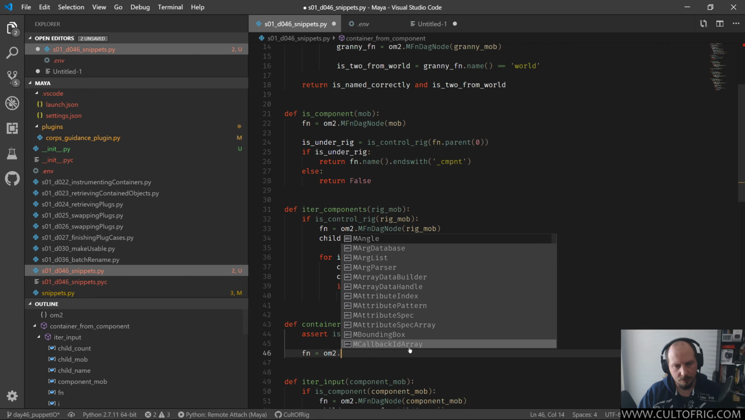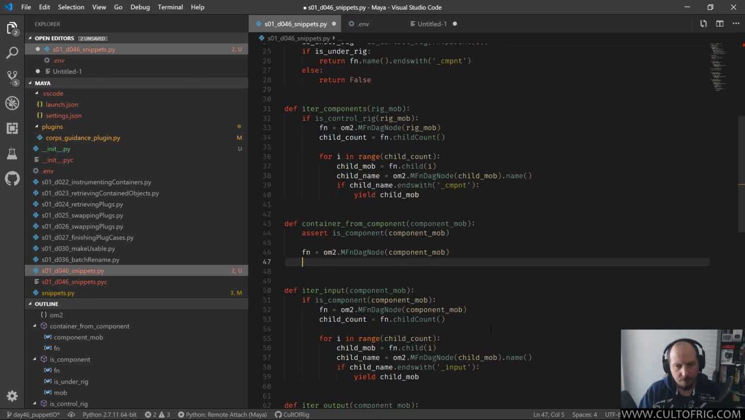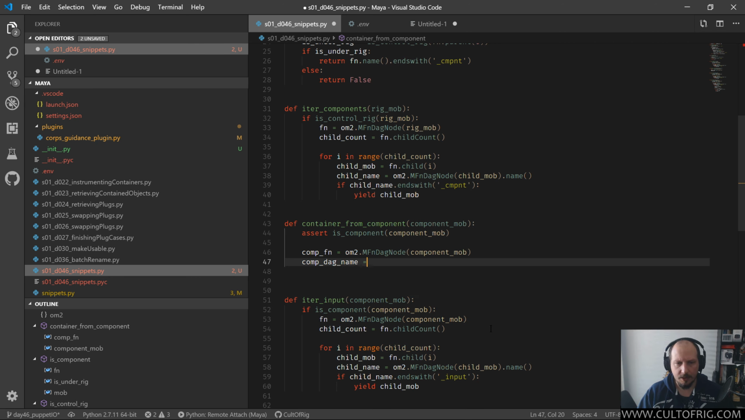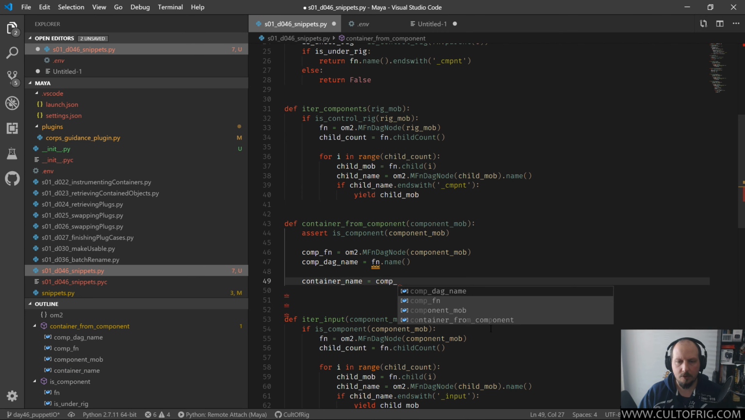fn equals om2 and fn dagnode. It's so good to actually have autocompletion again. Component mob. That's one, might need more than one. Component fn is that. Component name is fn.name. Container name should be component name